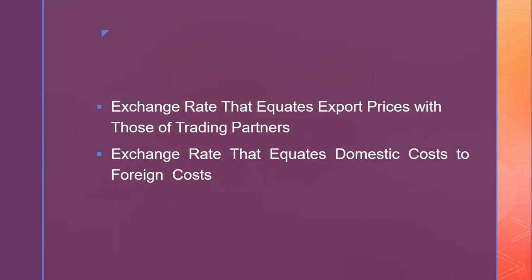Finally, the definition: the exchange rate that equates domestic costs to foreign costs. Because of the problem in the profit margin, to overcome that limitation, we go to this fifth definition. There we compare the domestic cost with the foreign cost. If these two costs are equal at a particular exchange rate, we say that is the equilibrium exchange rate. But again, even though the profit margin problem is overcome by this definition, there is another limitation in this